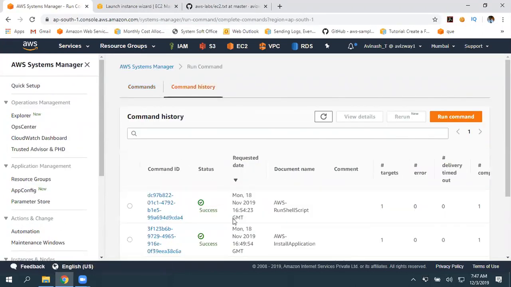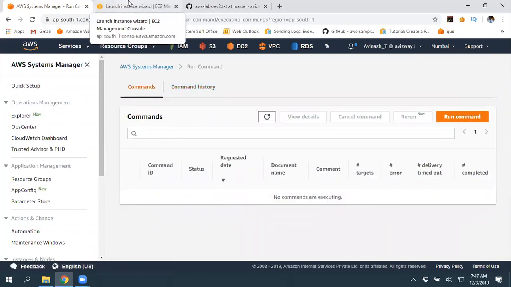This is the command history, what exactly I executed so far. Now let's create a role and associate that role to our EC2 instance. Then only these two can communicate. Systems Manager is going to trigger some services. Basically, we are going to have an agent in our EC2 instance, and that agent is going to communicate with the Systems Manager service. The communication will happen when you have configured a CLI user or when you associate a role.